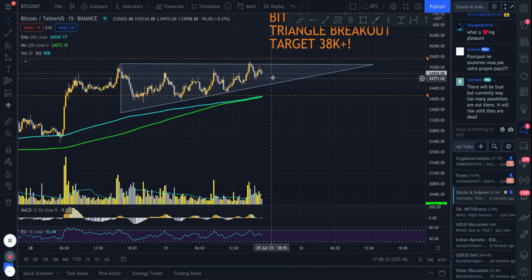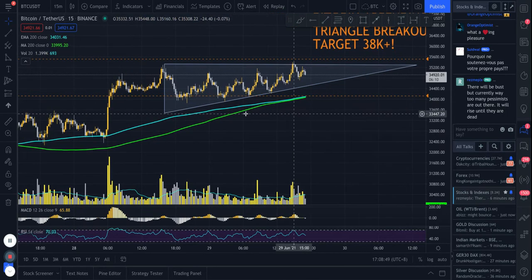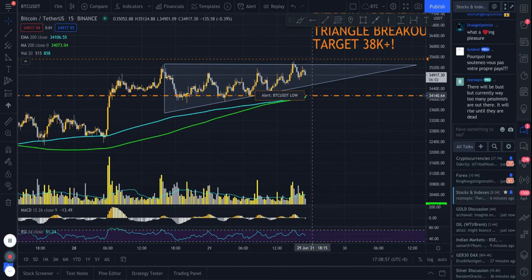On the flip side, if price were to come down, right, the first area that I will be looking for a potential long, or add to my long, depending on if you're already in a position or not, is the 200 period moving averages on the 15-minute time frame, right? So this is currently sitting at around 34k, but it's probably in this range, right? So 34 to